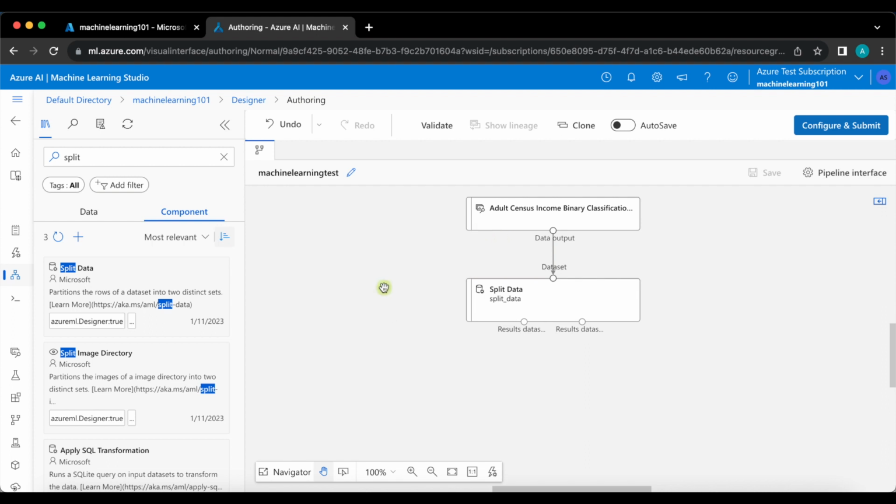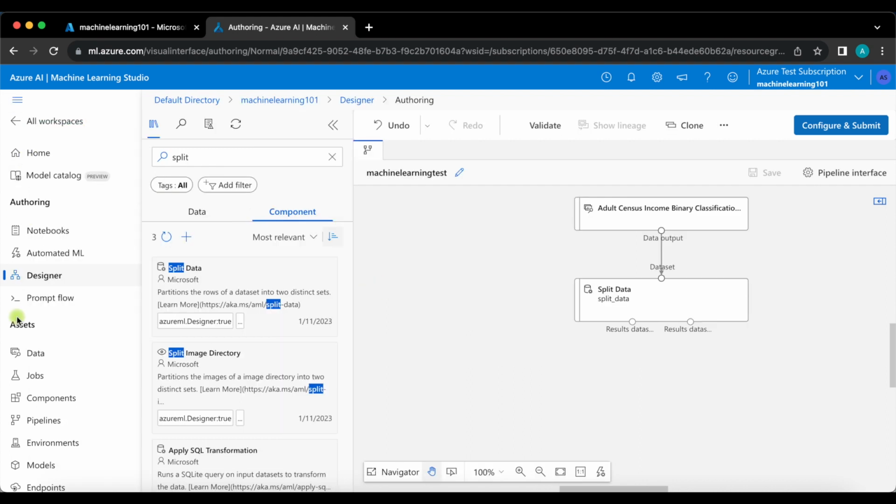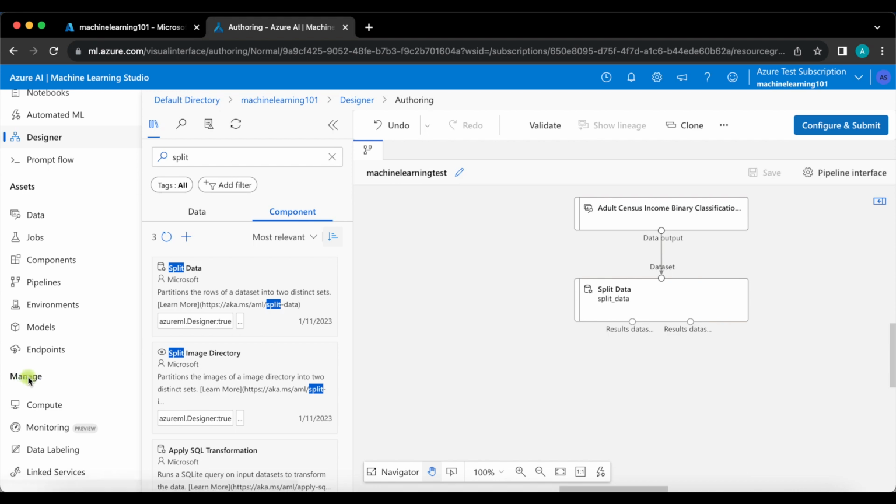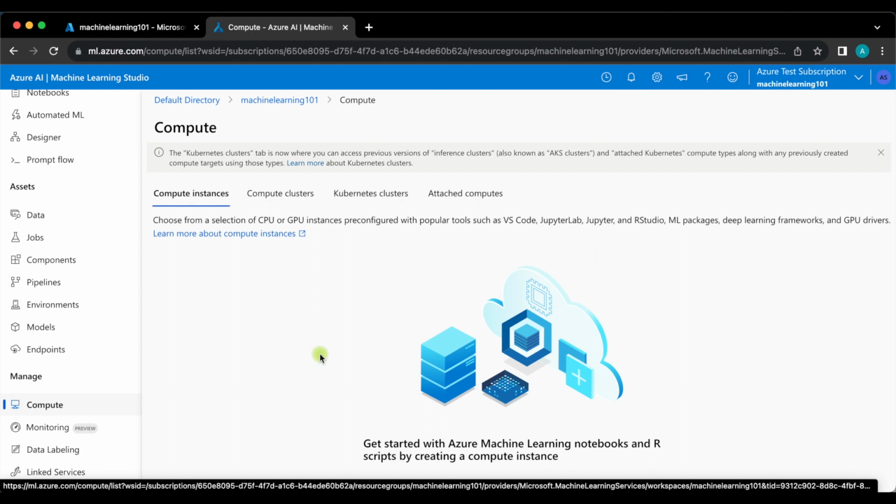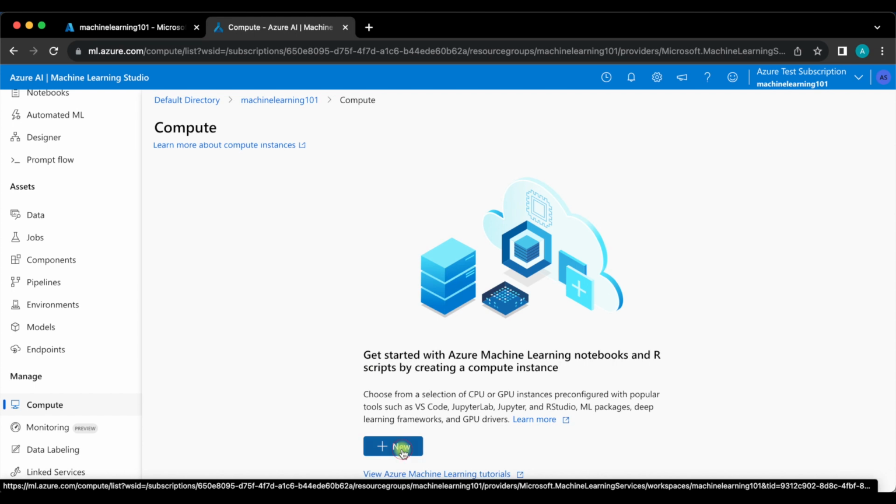So in order to do that, you have to create a computational resource. To do that, just scroll down. Under the manage section, there is a compute resource here. And you have a couple of options which are provided here. If you're using it only for testing purposes, you can use only one instance. If it's meant for production purposes, or if you want to have more computational power, you can use a cluster. But right now, since we are just testing it, we'll use the compute instance. So I'll click on new,